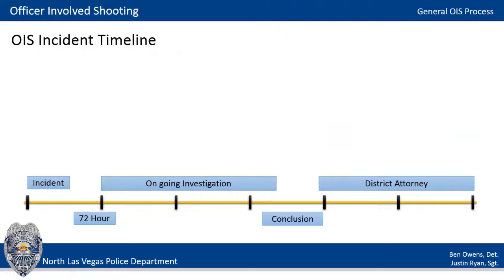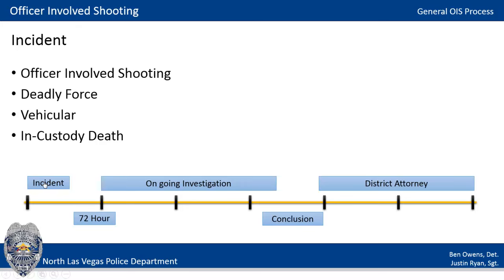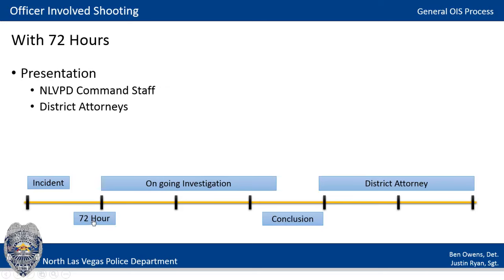And if we click into this and drill into this, this is an OIS incident timeline. This is not the actual incident itself, but this is the agency's incident timeline in which they're going to respond. And we think these things are really valuable when we're communicating to different stakeholders in this environment. This is showing when the incident occurred. It's a deadly force, vehicular, maybe in custody death. Within 72 hours, as I click down onto this link, we can see there will be a presentation from command staff